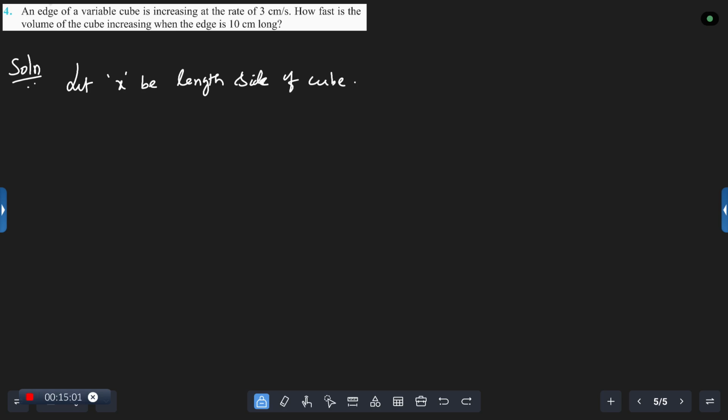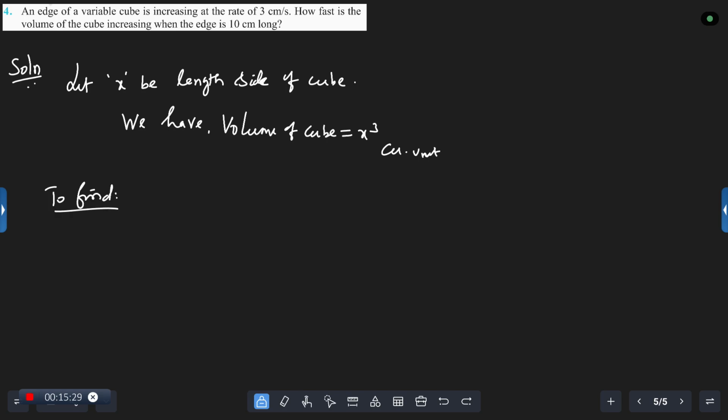Then where they are given volume, they are asking, correct? Then what is the volume? We have volume of cube. What is the volume of a cube, Kanna? That is x cube, because we are using x, cubic unit, correct? Yes, now to find